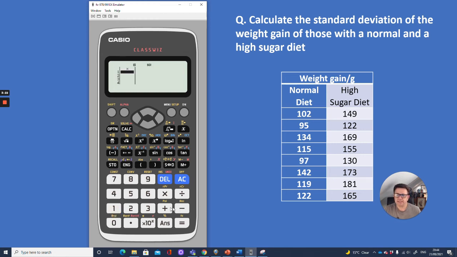Okay, so for the second column, I'm just going to go menu, setup 6, and then choose 1-variable. Then I'm going to add this data. So again, I'm going to speed it up. Okay, so again, we press AC. There you go, and then choose option, and then the 1-variable calc, which is 2, and there we go. So there is the answer. We've got the mean of 155.5, and the standard deviation in this case is